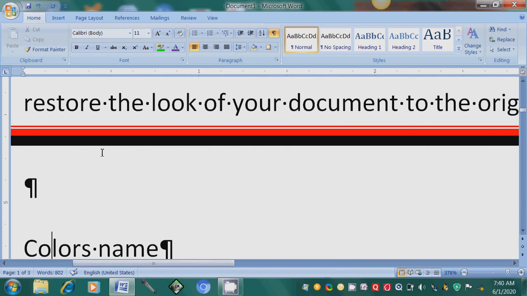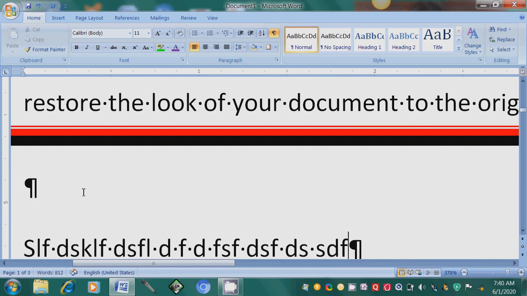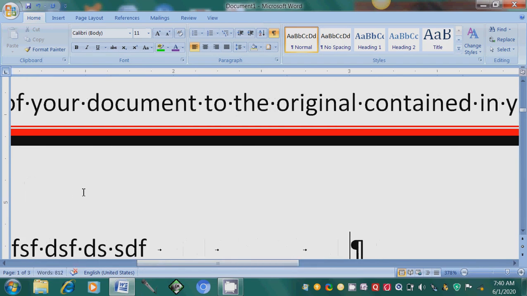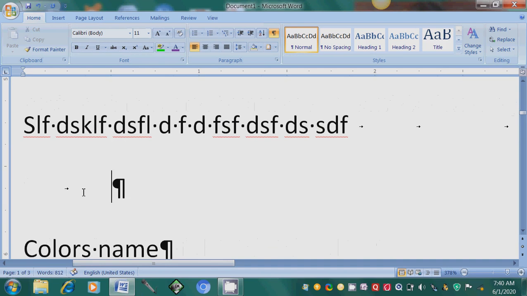Now if you type some text and give space, for space dots are appearing, for tab arrows are there, for enter the paragraph mark is there. When we press tab, this arrow appears. When we give space, this dot appears. When we press enter, paragraph marks appear.